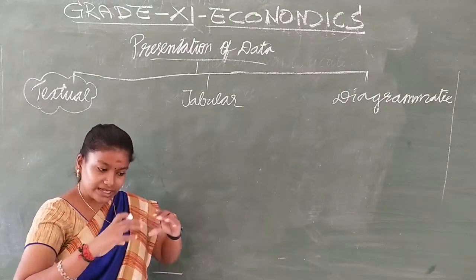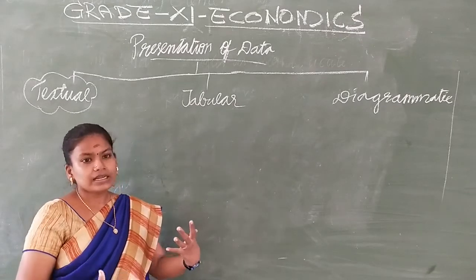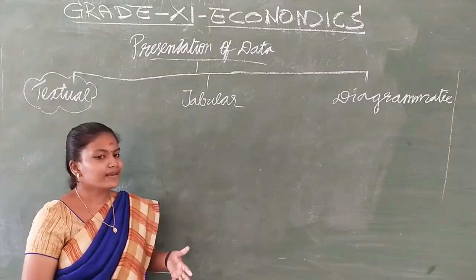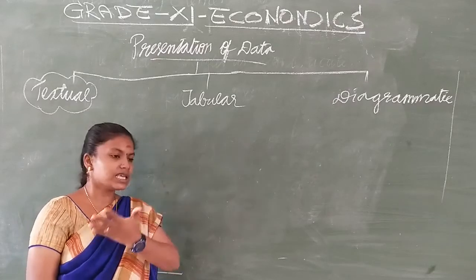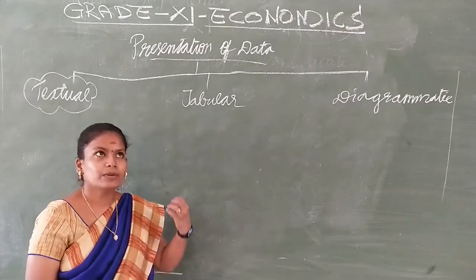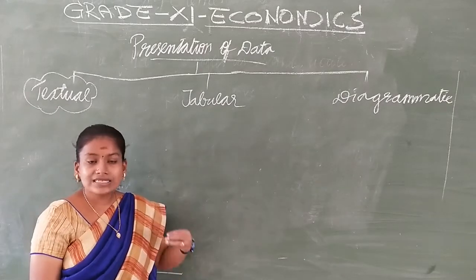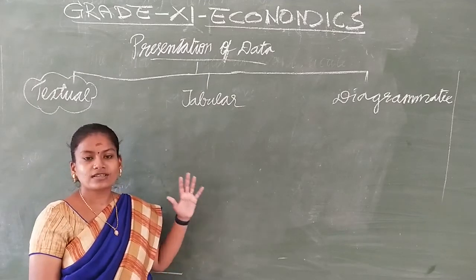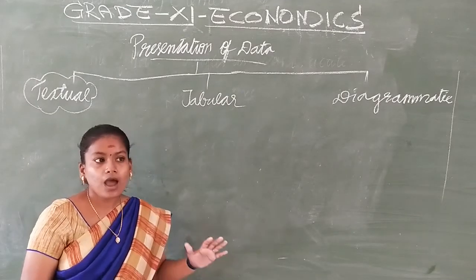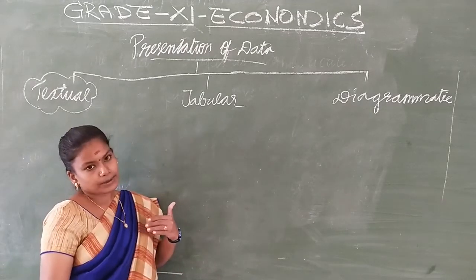How do you take it in a simpler way? Because when you see it in text, it's tedious to read. Read and understand it. Simply reading won't matter there. You need to understand it. If you just skim the text, it is impossible to understand it. So what you have to do is go with the next thing, tabular presentation of data, where you have a table and through the table you present the data.